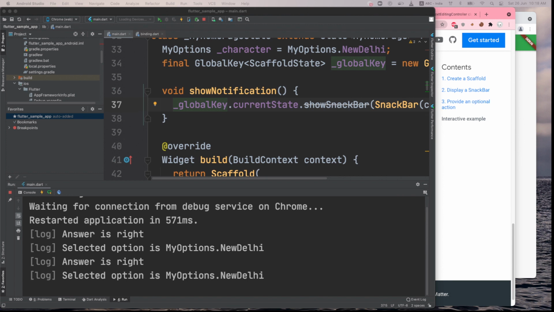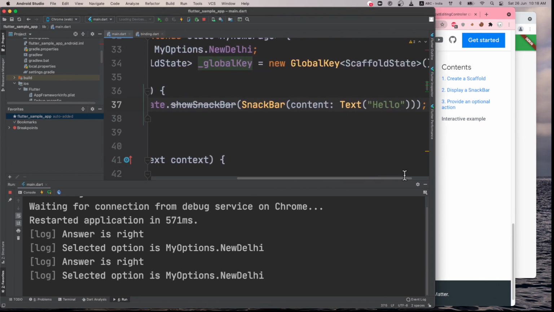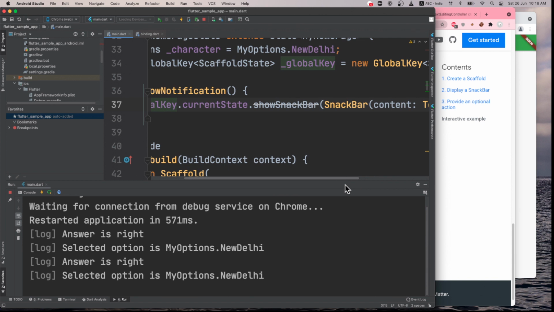And so snack bar, we are calling this, we are providing the content, and then we are providing the text that we need to show. So I'm just thinking over it, what is the mistake that we have done, and once we do this, then we have to use how to call it.